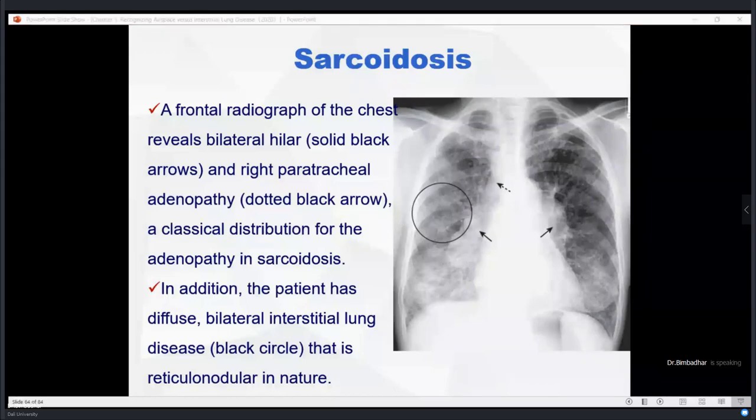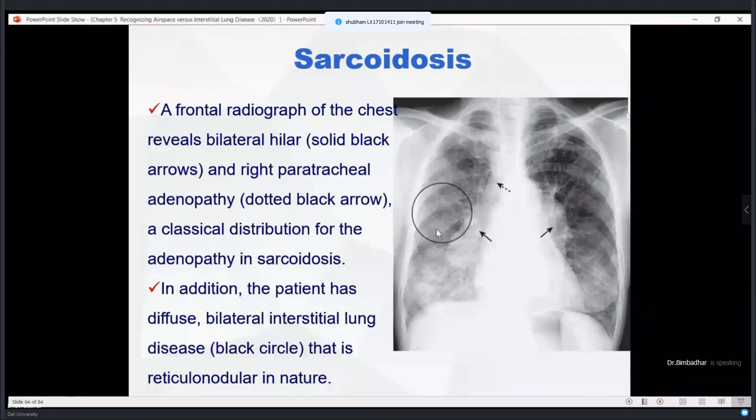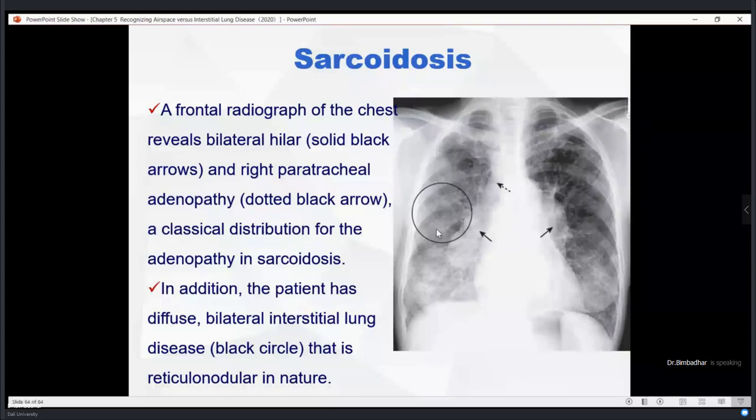So by the interpretation of what we just learned before, what could be the stage of this person? He's stage 2, obviously, right? Because there is involvement of the interstitial lung pattern along with the bilateral hilar lymphadenopathy and the right paratracheal lymphadenopathy. So it clearly indicates that this patient is indeed in stage 2. But you see, that is what most people try to misinterpret. Most of the lymphadenopathies are